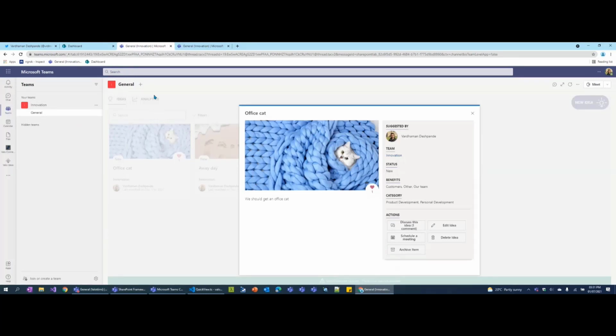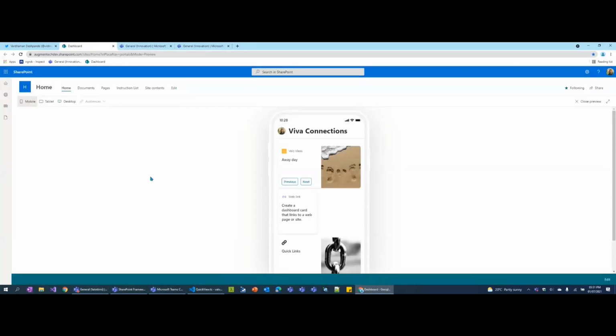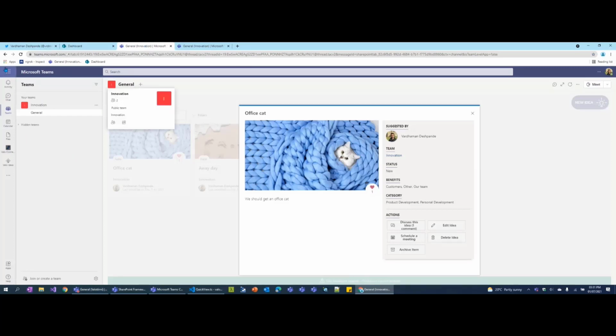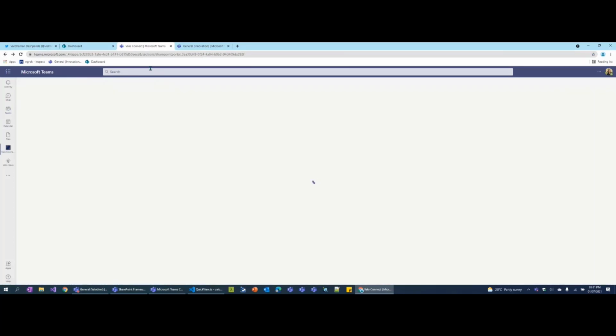Now, this demo would have worked a lot better if the Teams app was available, and then you could see that within the mobile context itself, you can bring up that adaptive card, and if you click on it, it opens up your Teams app in your phone and creates a deep link within the Teams app itself. But right now, we'll have to put some of the pressure on our imagination and do the linking ourselves.